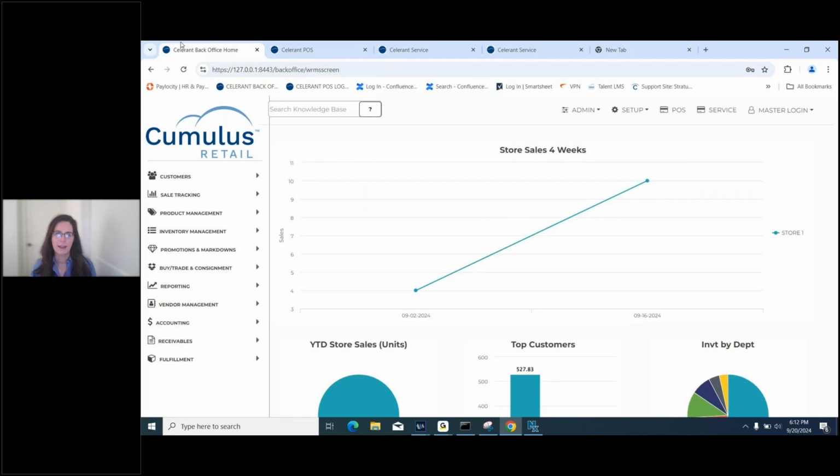As I mentioned, if you have any questions about the range management functionality, of course, your sales executive will be able to help you. But as you're working through setting all of these things up, I wouldn't say it's a set it and forget it, but there's some more legwork up front to get all of your memberships in the system, get all of your lanes set up, all of your products in and pricing, for range time and range ammo, those types of things, all of your targets, making sure those are all in the system. But once you get through that initial setup process that your implementation manager will help you with,